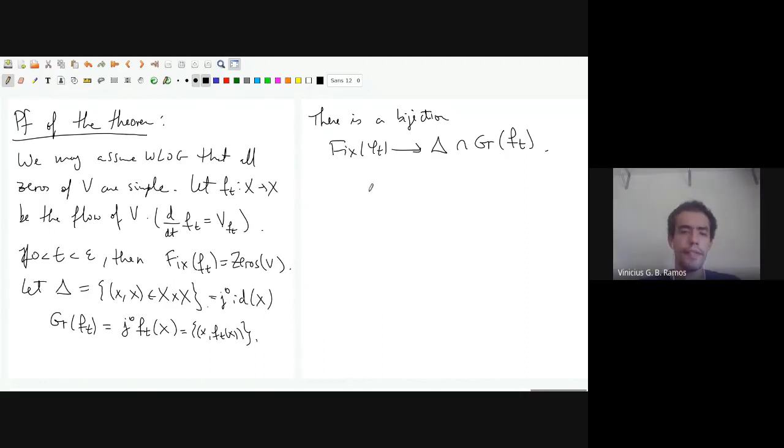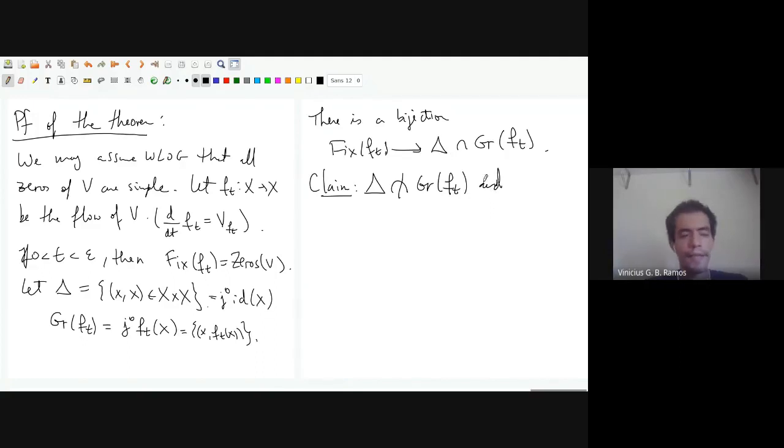Of phi t. Sorry, it's not phi, it's f, although my f and my phi look alike. Okay, so my claim is that the diagonal intersects the graph transversely,